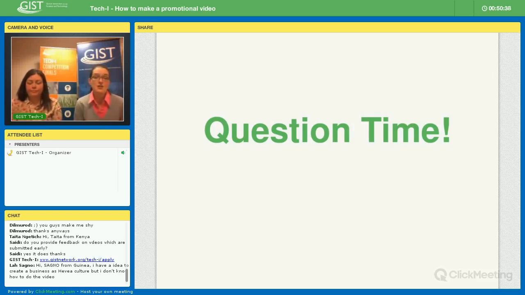What I'll then be able to do is go into your application, upload the video on your behalf, and then let you go in, see that it definitely is uploaded, and hit the submit button. I will not hit the submit button on your behalf, that will all come down to you, but make sure that you are hitting that submit button before the deadline day.